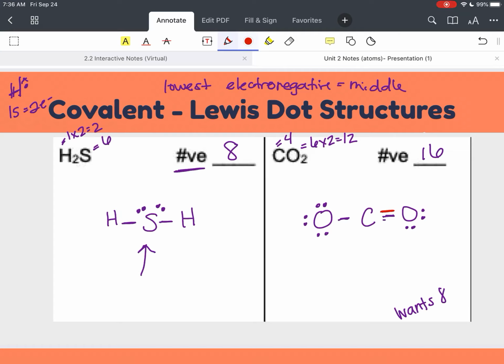This oxygen still has 8, okay? 2, 4 here, and then 6, 8 in the lines. But my carbon still doesn't have 8. So I'm going to come over here and do the same thing. I'm going to move those into a line, and then I'll erase those. So now everybody has 8: 2, 4, 6, 8, 2, 4, 6, 8, 2, 4, 6, 8, and I still have 16 total: 2, 4, 6, 8, 10, 12, 14, 16. Okay,